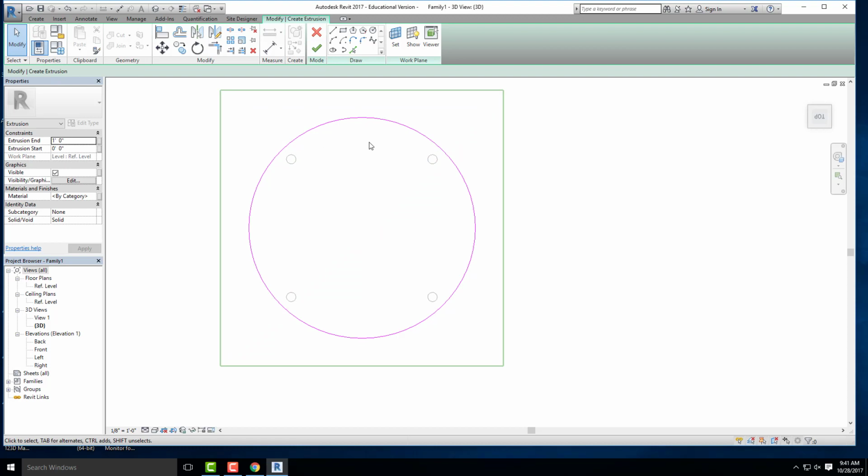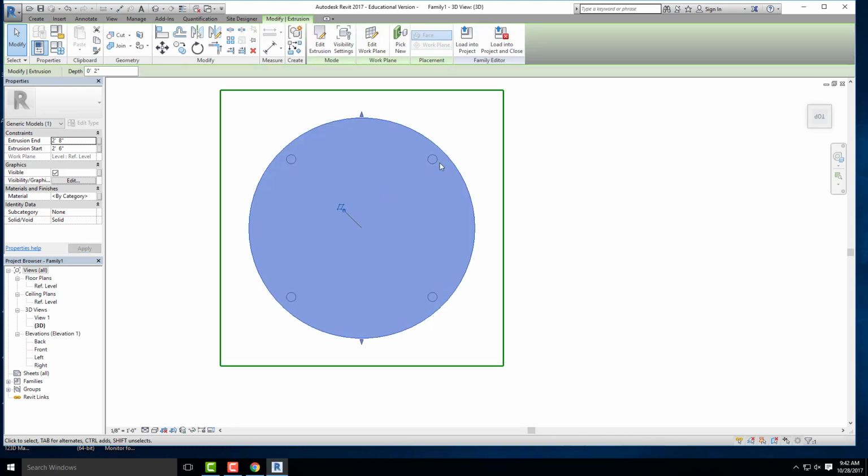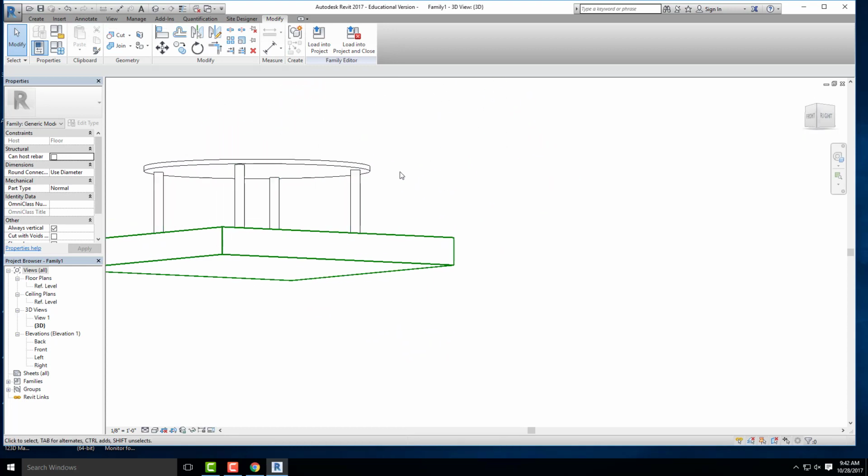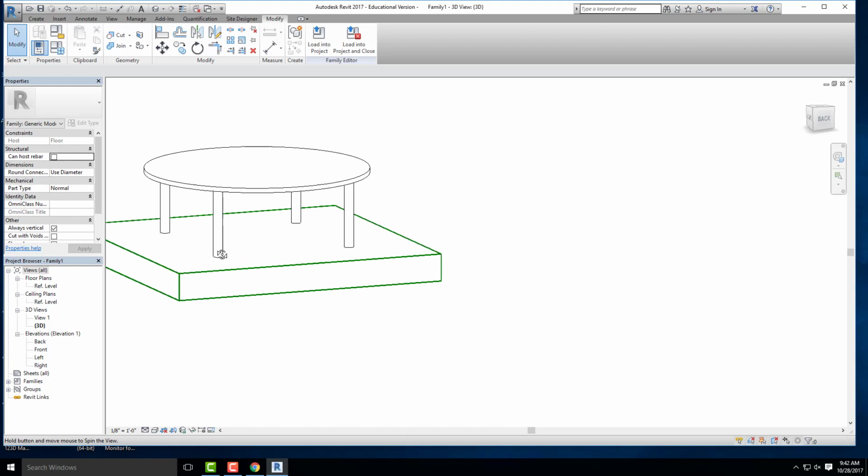Okay, so before I hit the check mark though, I need to know where this extrusion is going to lie. So if I know where the top of my legs are, what do you think our constraints might be for this tabletop? Start at 2.6. Yeah, you'd start at 2.6. Okay, and then depending on the thickness of that tabletop, maybe it's 2 inches. So 2'8" would be the end of my extrusion. Okay, so there's the end of my extrusion. I go ahead and hit the check mark. All right, and if I turn this over, we can see here that we now have a tabletop on top